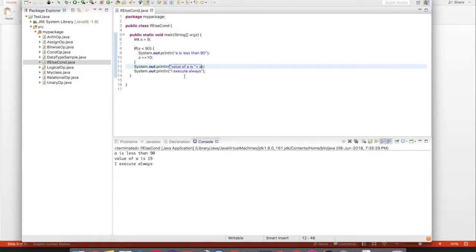And the 12th and 13th line will always execute as usual. Okay, so this is about the if condition. But there are certain scenarios where you need to execute something if that condition is false, right? Because the 13th and 14th lines will print irrespective of whether your if condition is true or false. But there are situations where we want to print something if the condition is false, so we need to